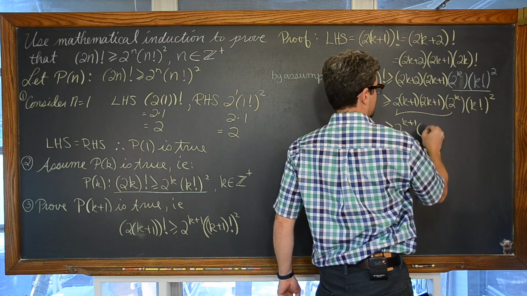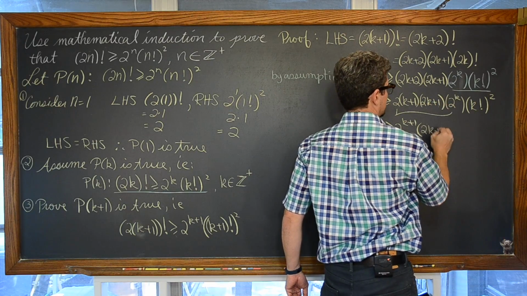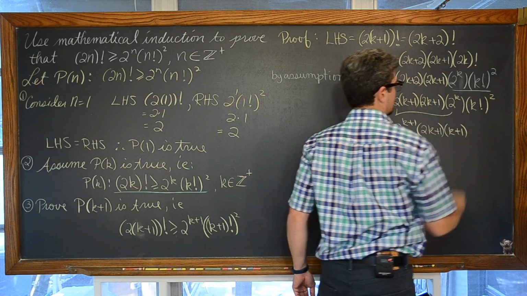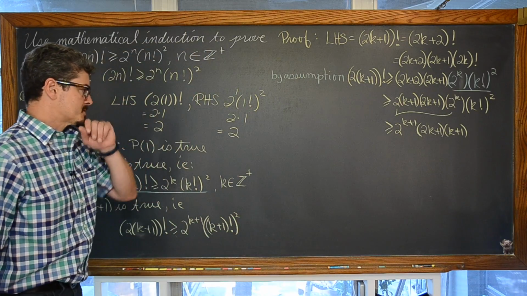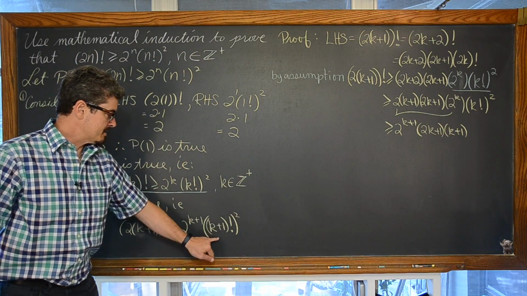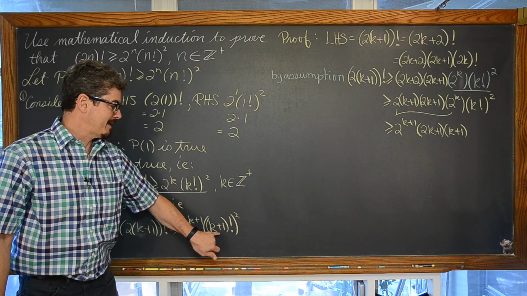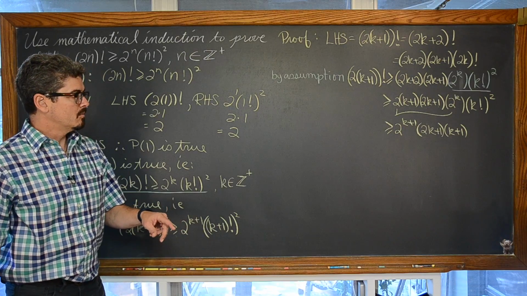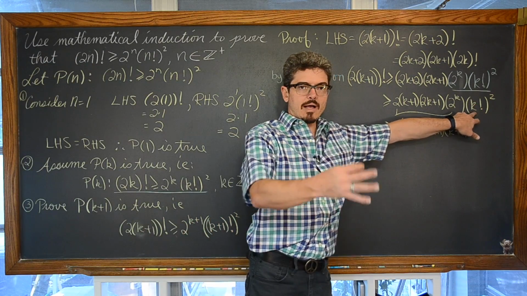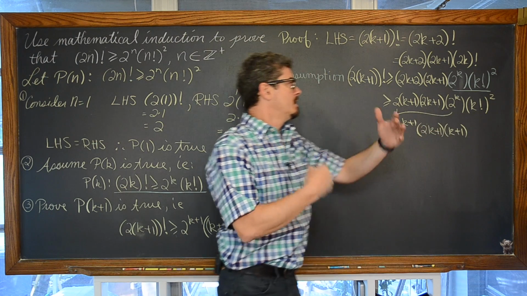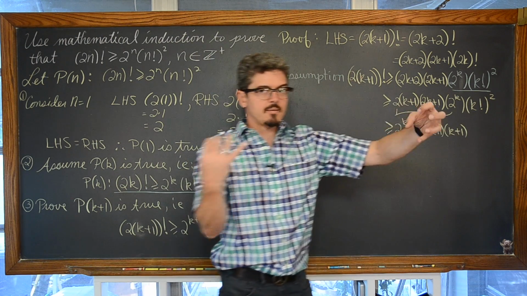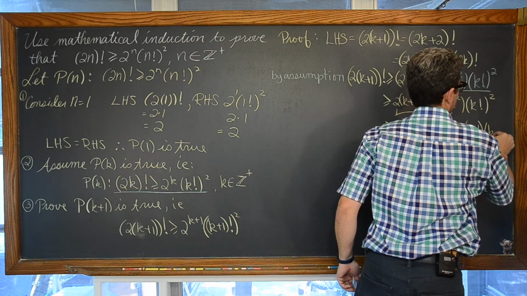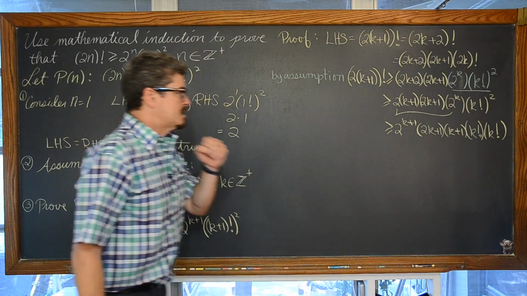well, let's go ahead and put this 2^(k+1) first, since multiplication is commutative. (k+1), k factorial squared. Now, our right-hand side has some kind of factorial squared, but it's not k factorial squared, it's (k+1). So we need to somehow make this come out to be (k+1) factorial. Let's expand out that power of 2. And see what we got.